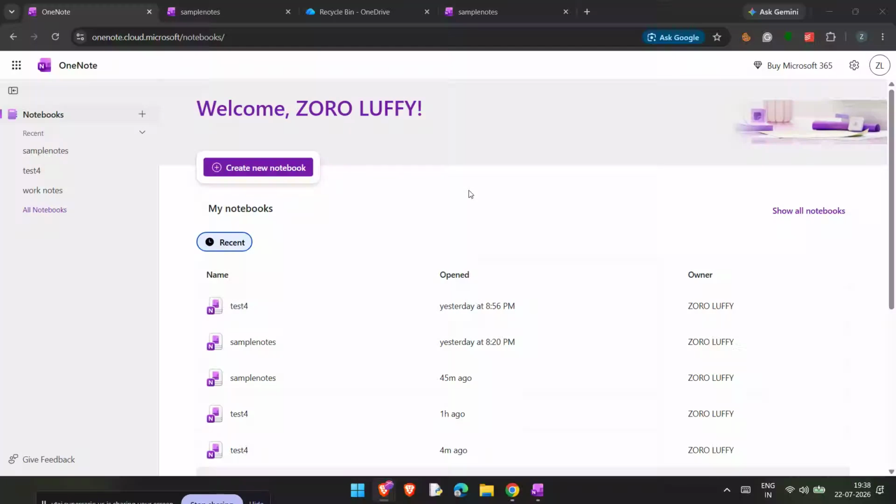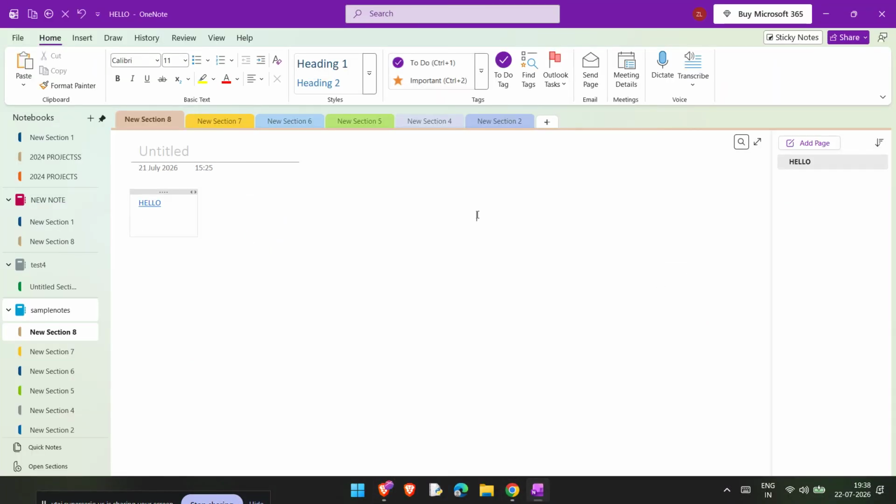If OneNote is crashing and you're seeing error 1000, don't worry, because in most cases this is caused by a damaged Office component or a corrupted local cache, and both can usually be fixed pretty quickly. In this video, I'll show you the best step-by-step methods to fix OneNote Error 1000 on Windows without needing advanced